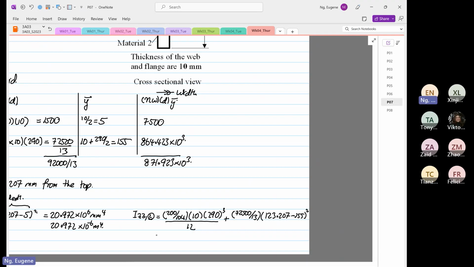Okay, so this will be equal to 123.207 minus 155 squared times 72500 divided by 13, plus 200 divided by 104 times 10 times 290 to the power 3 divided by 12. So it's equal to 44.722